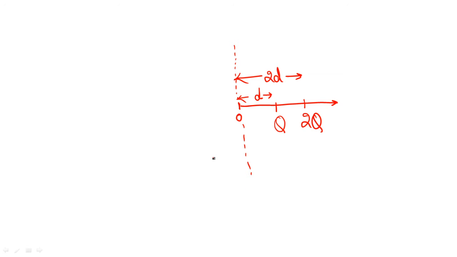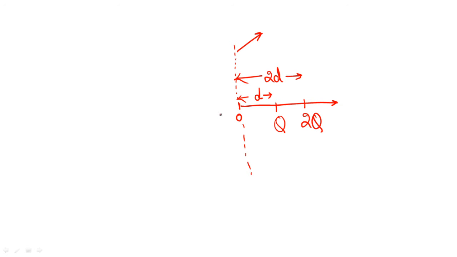Clear? Now they can ask what the dependency of potential on r or the distance will be for the given charges, or what the dependency of the electric field will be for this given system. They can give any such condition. Since it is a grounded infinite conducting sheet, in any such condition we consider